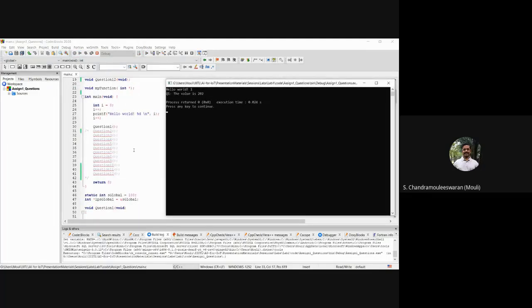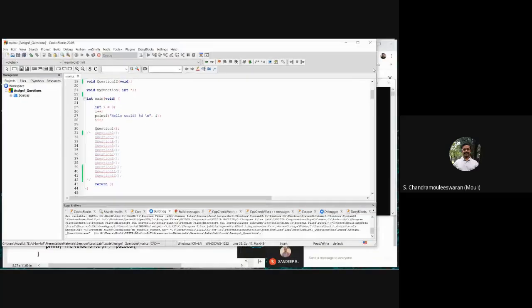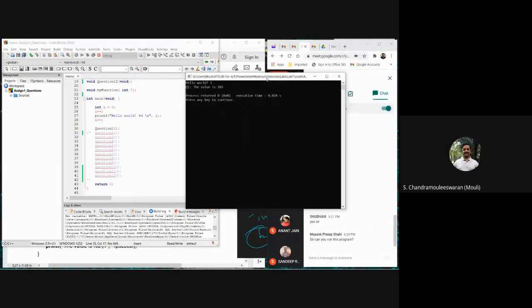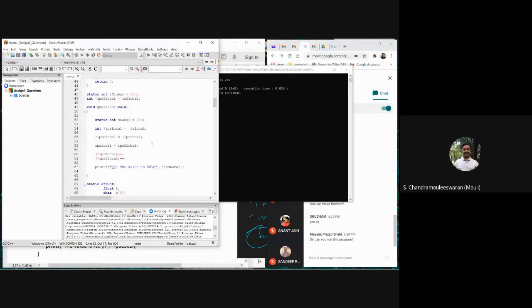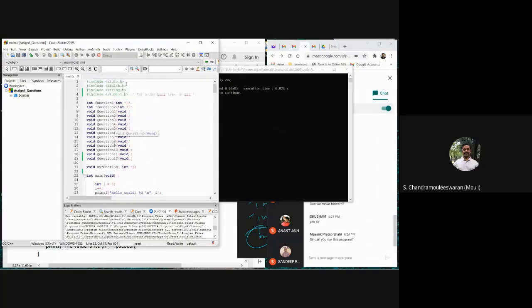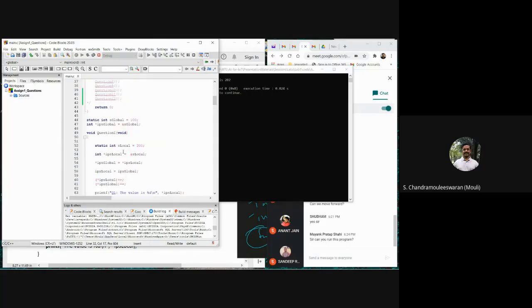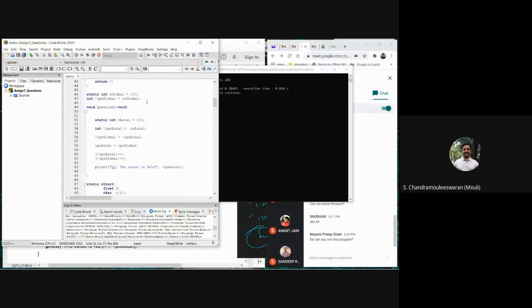Okay, so let me show the code. Okay, this is the code, and I am running. Let me show you what I am doing. I put all the includes and then all the prototypes I have defined, so that I don't want the compiler to complain about the prototype of those functions. Then I am calling them one by one. I have put the global declarations. I told you that these locations will be different, right? So let us see that.